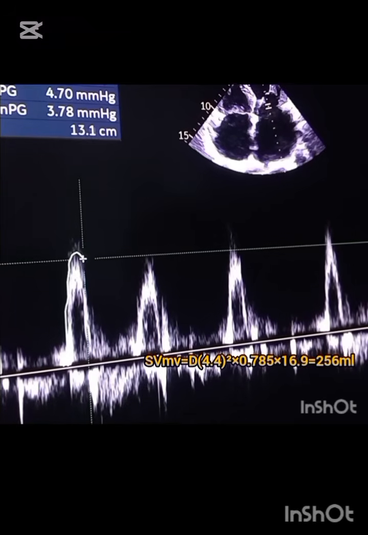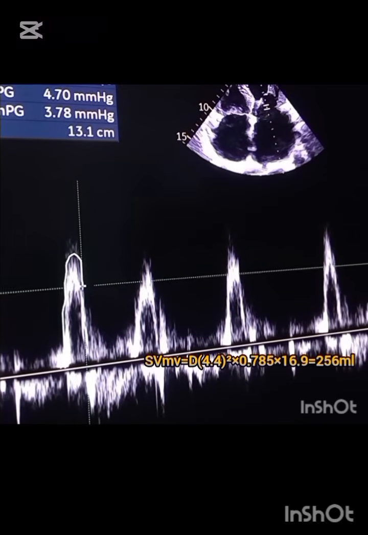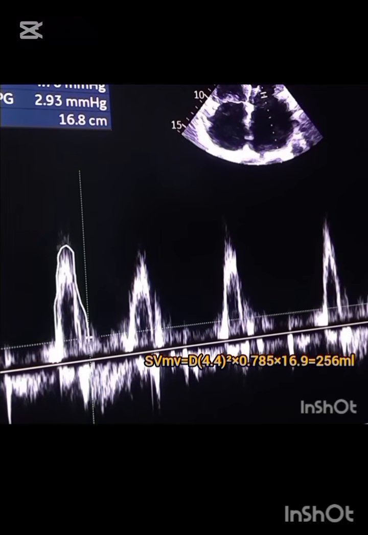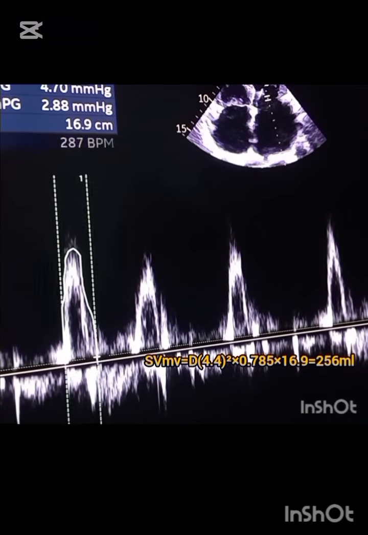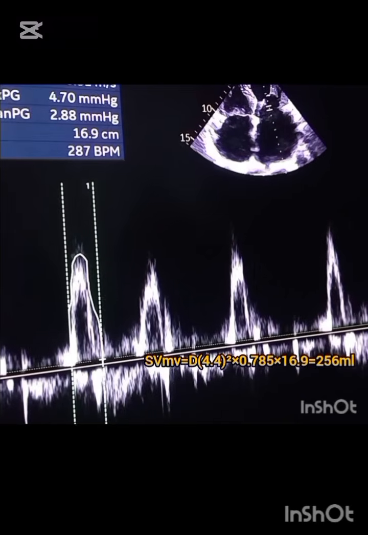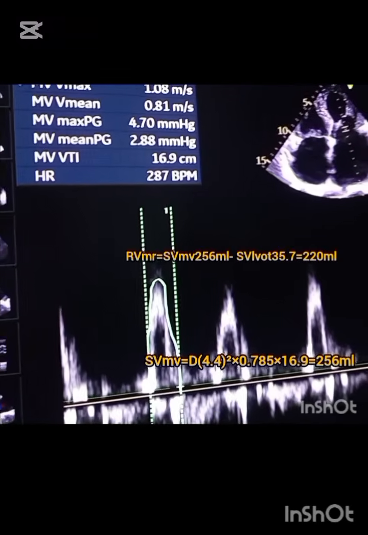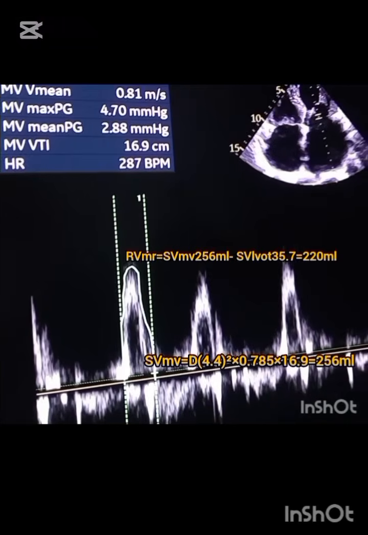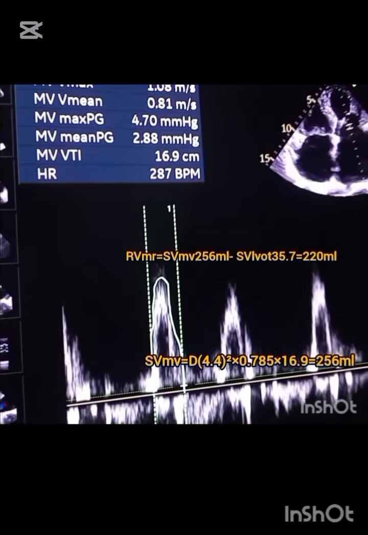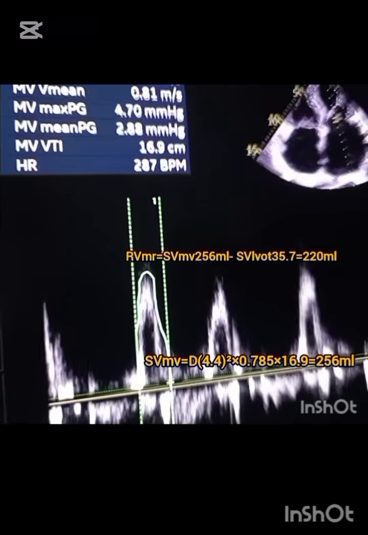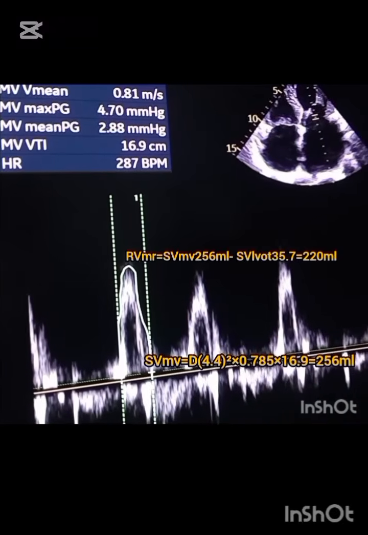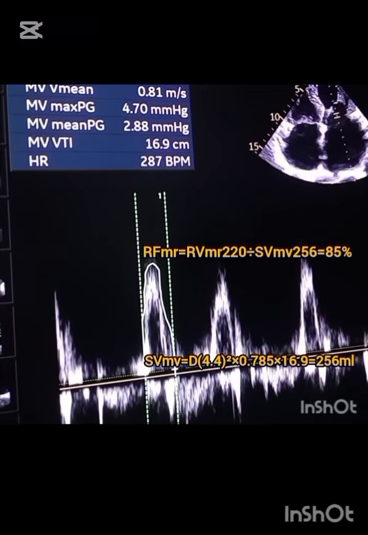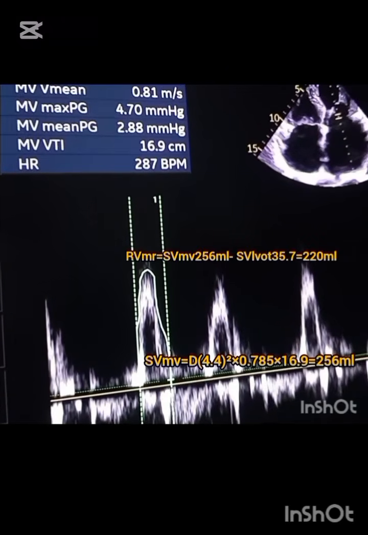There is 16.9 centimeter mitral valve inflow VTI, and our mitral valve stroke volume is 256 milliliter. So the regurgitant volume of the MR formula,